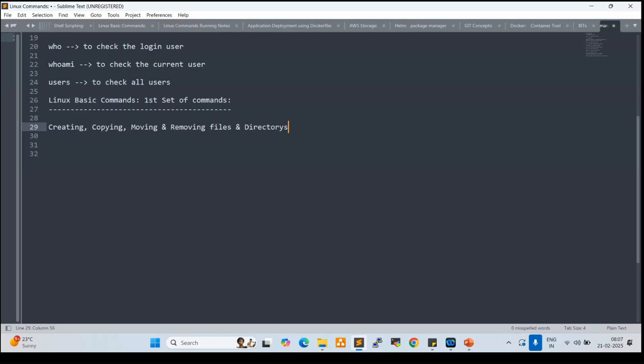These are the first set of commands, which are very important commands.